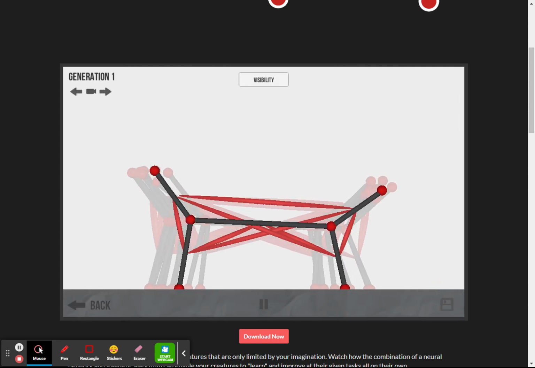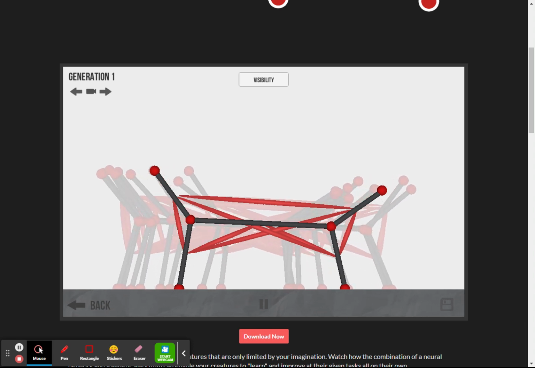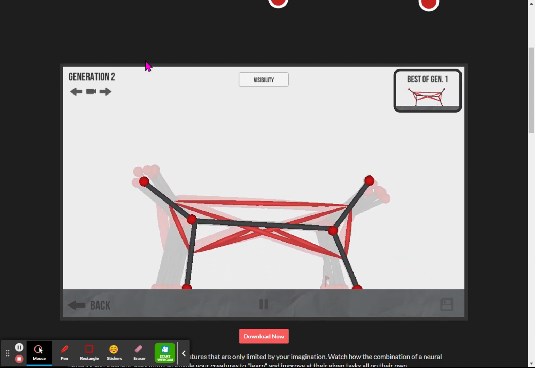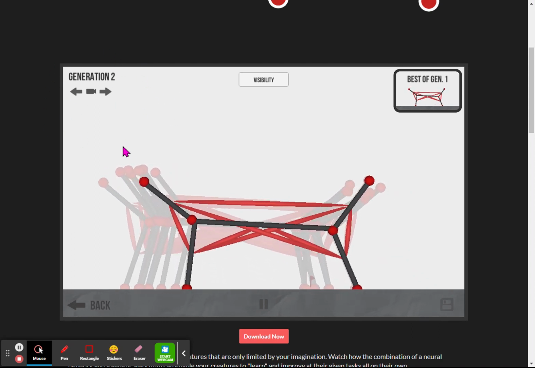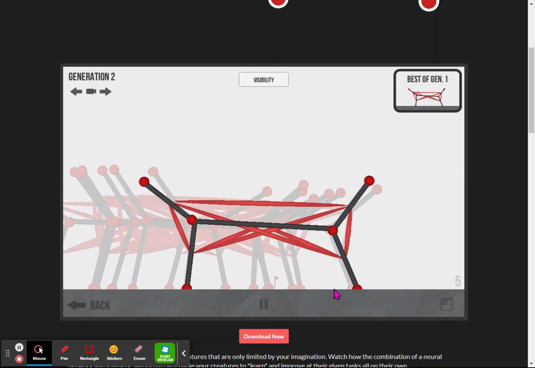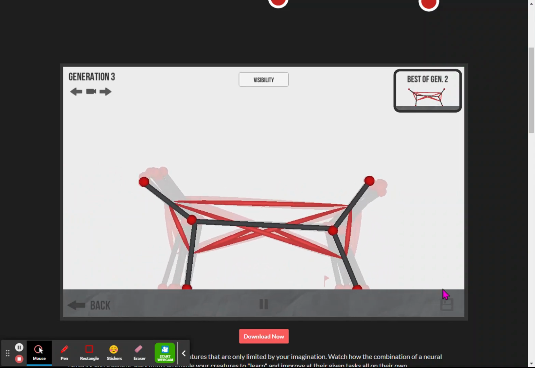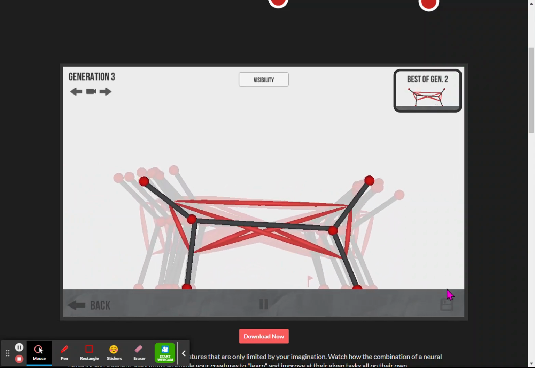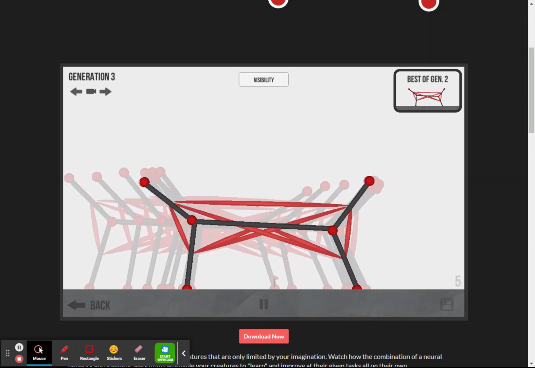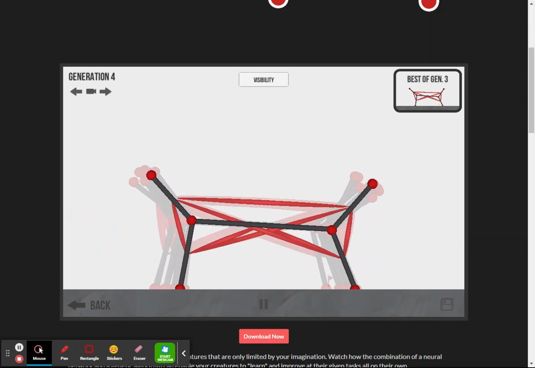Okay, that's kind of wiggling more. I kind of like that more. Okay, so when you do this, you're going to watch the generations. Notice the generations are up here and then see how it goes. The other thing you're going to notice is where this little flag is. And see, oh, there's the 5. See, it's doing better. So that's like 5 feet or 5 meters or whatever it is. And so you're going to find out when it's doing better. Pay attention to that so you know when it's doing better, because I'll ask you,